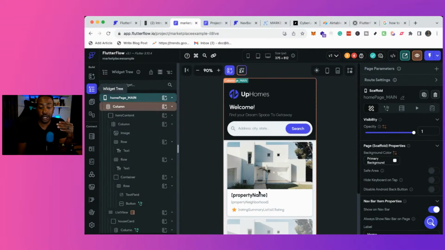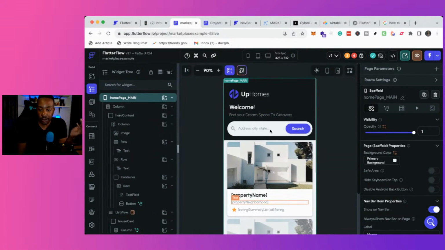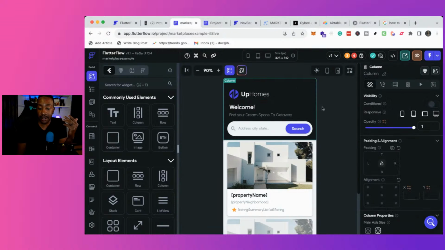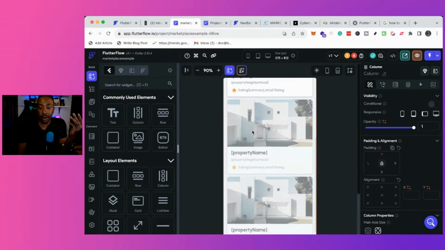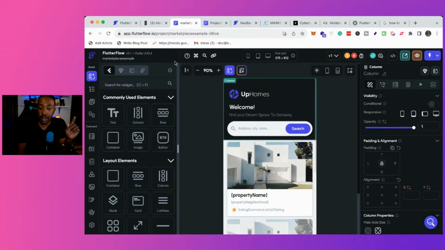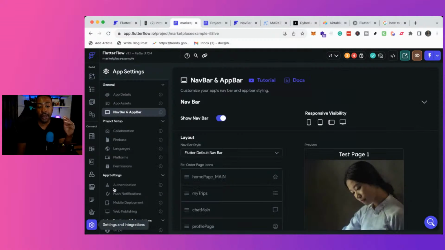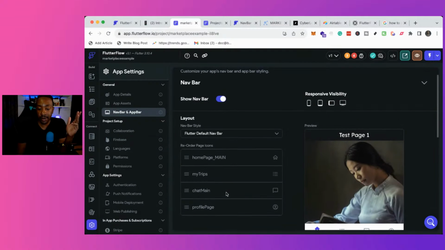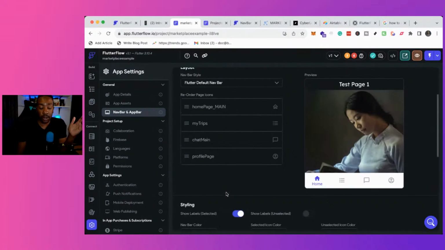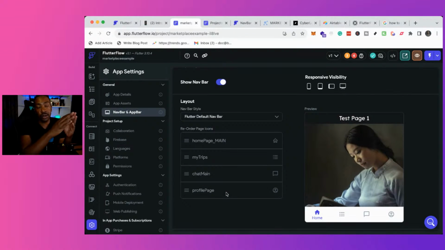So we first need to decide what kind of navigation bar we want, and why we want it, and then we can actually have the nav bar that we want. Let me know in the comment section if that makes sense. You have to create the navigation bar based on the pages that you've created. So you need to plan out how many pages you want on the nav bar. You could have 4 or less, but you need to also create those individual pages for it to navigate to